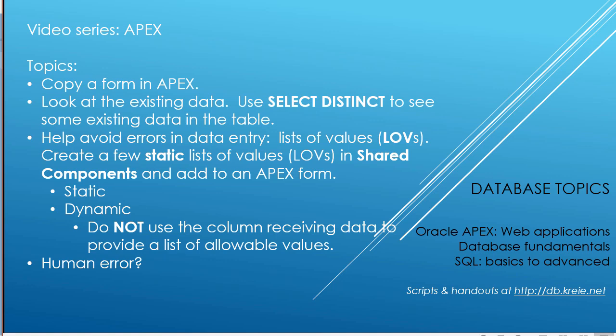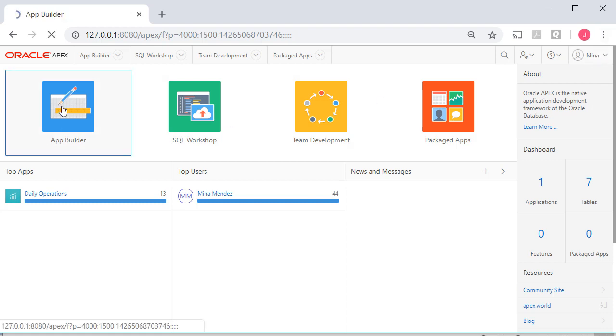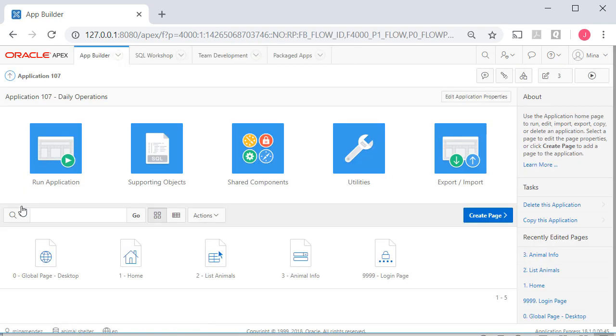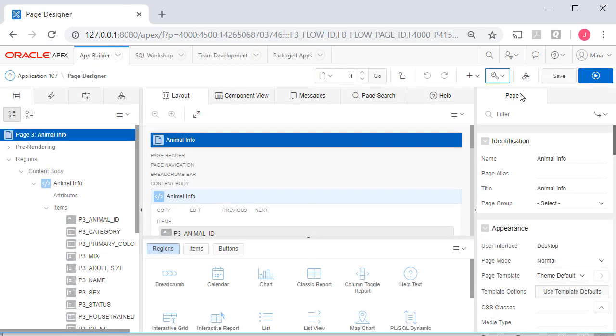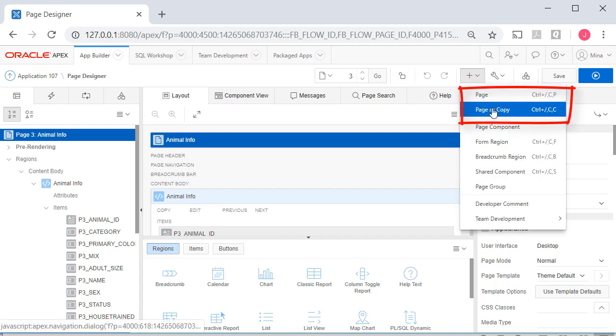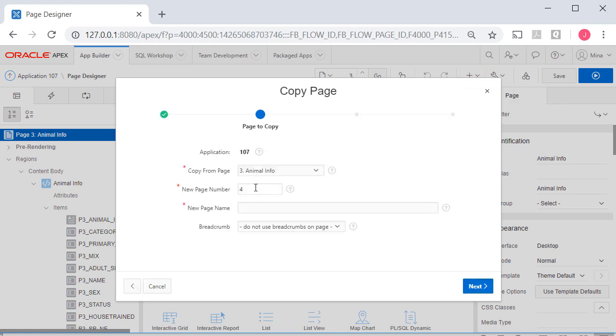So let's log into Animal Shelter in a developer account. So I'm logged in as Mina Mendez. I'm going to go to the application builder, go to my application, and I'm going to select animal info. Then I'm going to come to the plus drop down and I want to copy this page. I'm going to copy this page in this application and I'm going to let it number it, but I will say animal info